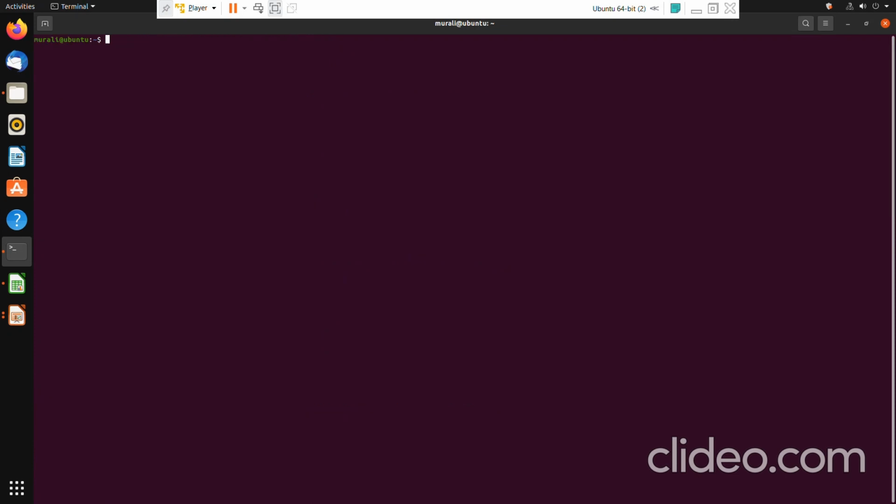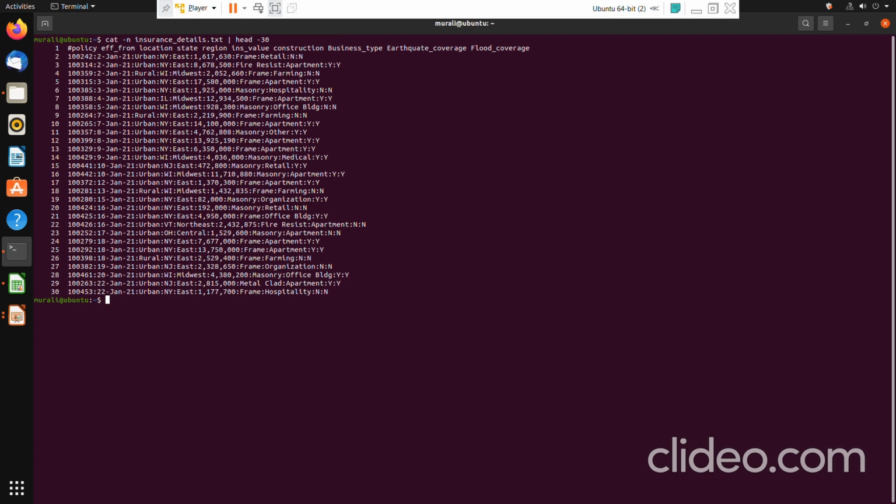Next, if you want to delete a line or a set of lines containing a particular pattern, or using line addressing, then what do you do? The first 30 lines I have printed. I want to delete the line containing the pattern 100426, let us suppose.